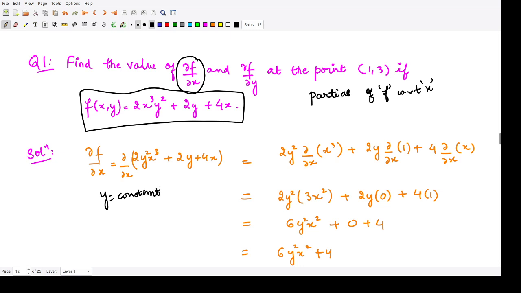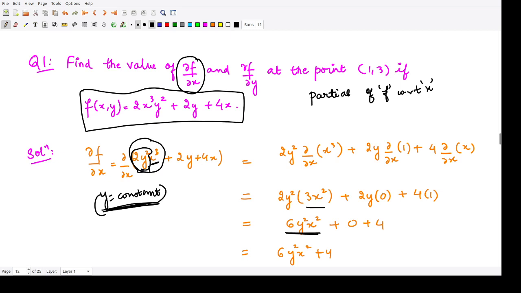If you treat y as constant, what would this be? Now this quantity is constant, so it would come out of differentiation. Performing differentiation in this case is similar to ordinary differentiation. The only difference is that you will treat all the other variables as constant. So in this whole term 2y square x cube, we will only perform the derivative of x cube and treat 2y square as constant. So it would be 2y square outside, and then the derivative of x cube. The derivative of x cube is 3x square. So we have the quantity 6y square x square as the first quantity.